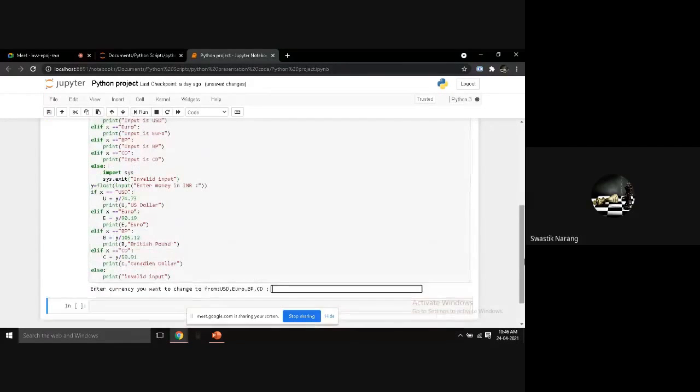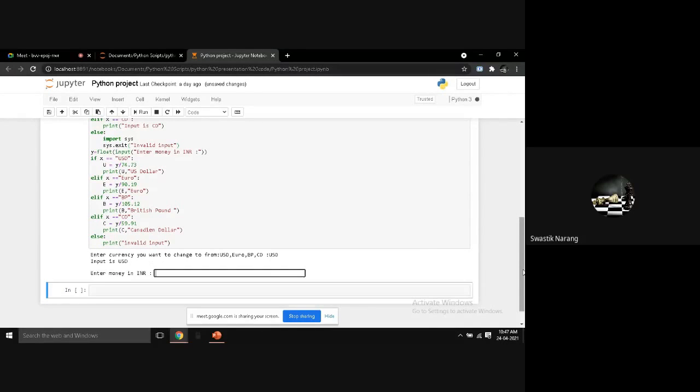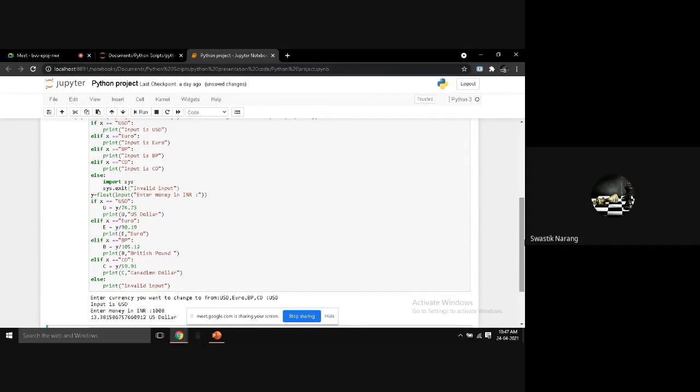But if we put in a currency that is actually in there, first it asks us how much money we want to convert from Indian rupees, and then it will tell us how much it is in the specific currency we chose, and that is how much I prepared. Thank you for joining me.